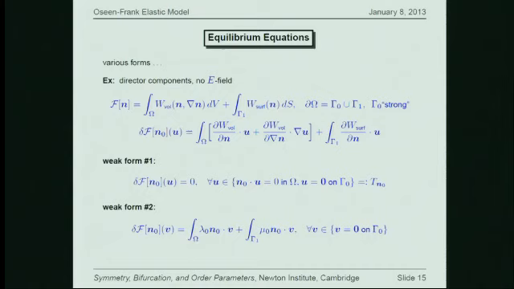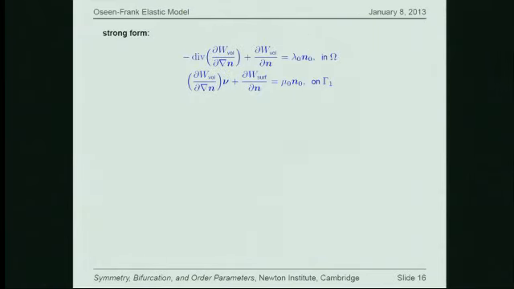And then the weak forms of the equilibrium equations are these variational statements of the vanishing of the first variation either on the tangent space to the director field at the point, or if you do not restrict the variations and allow them to be general, then you need to introduce Lagrange multipliers both in the bulk and on the boundary to enforce the pointwise unit vector constraint. In strong form,